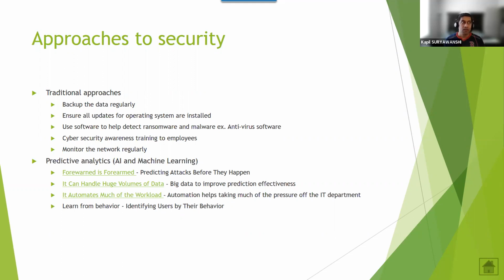If somebody is not following that pattern, then it can alert the administrator, okay, there is some suspicious behavior. For example, if it is expected an employee to work during the official hours, and suddenly very late in the night, somebody is accessing or unlocking some file, this is suspicious behavior. Okay, maybe